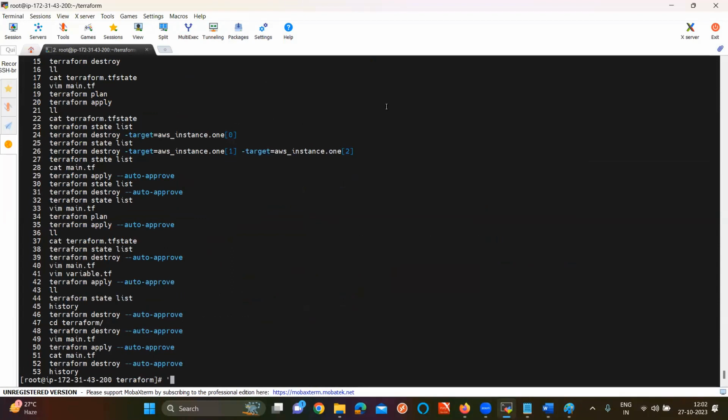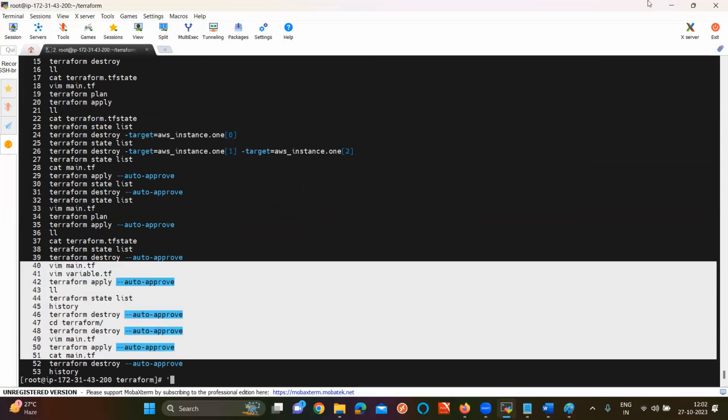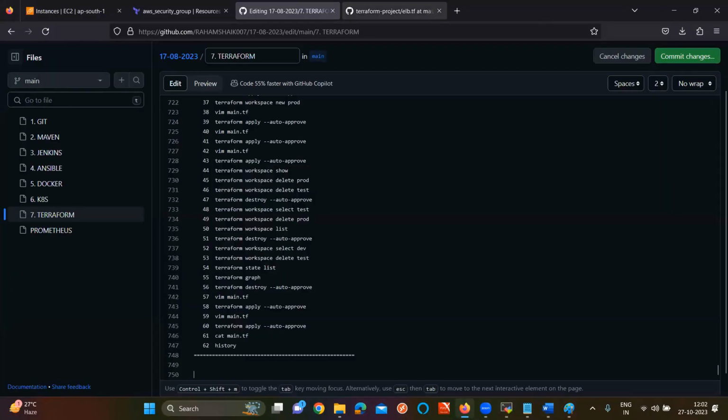Okay, and one more thing, my server got disconnected in the middle, so all commands will not work. So I'm not going to give the history, because you will get only this much of history. My server got disconnected, right? But don't worry, I'm going to give you the concepts here. Just practice the concepts.